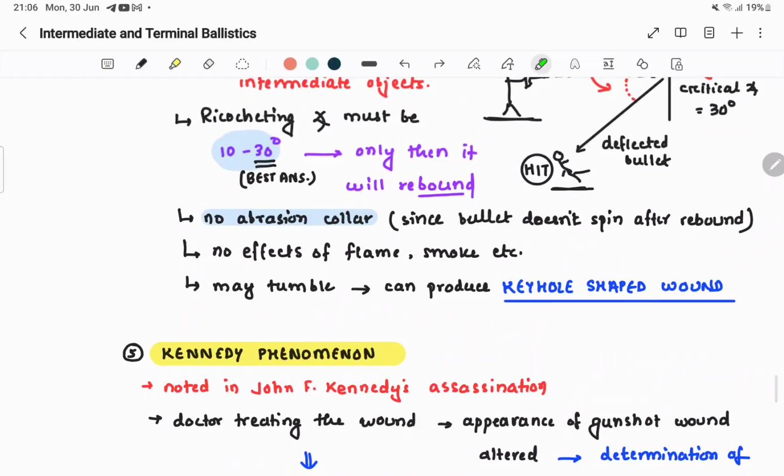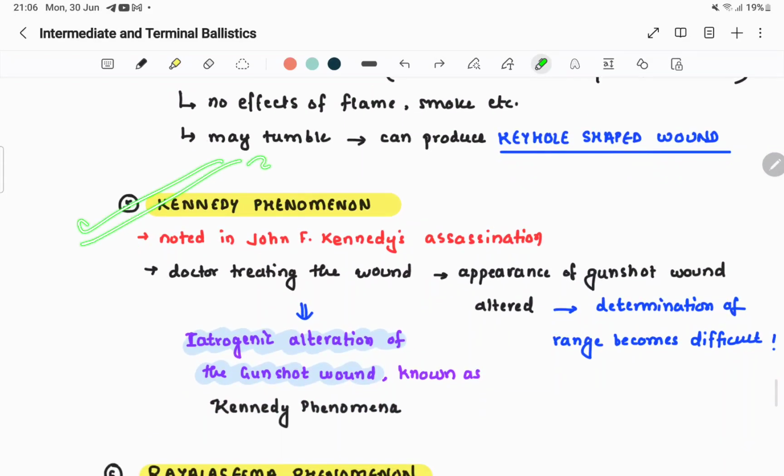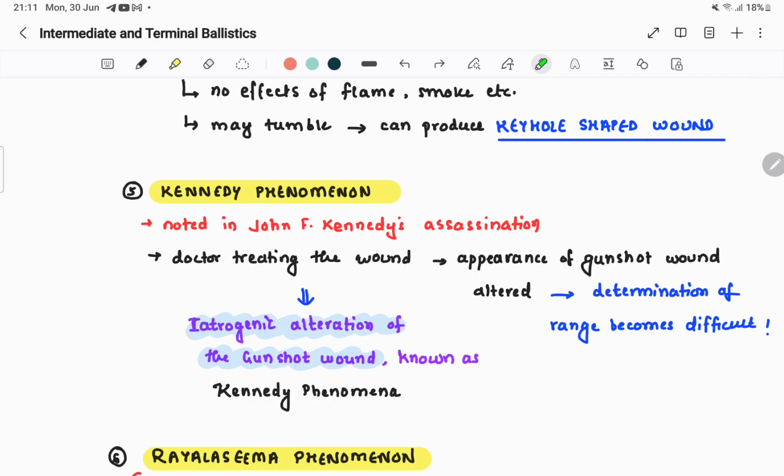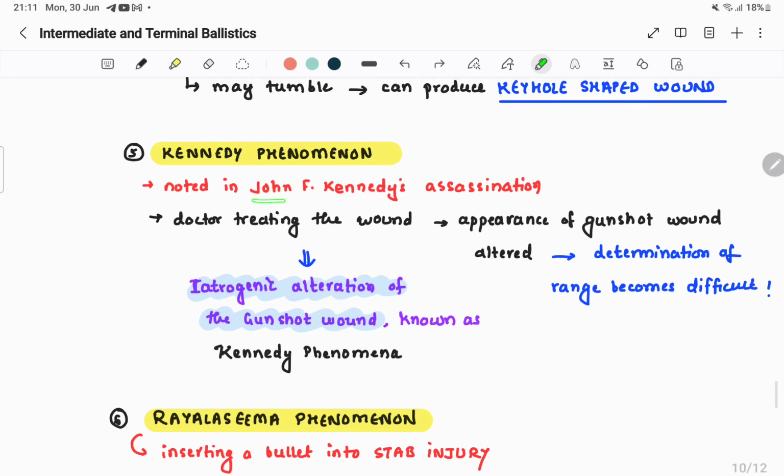This is done. Then another thing is the Kennedy phenomenon. The Kennedy phenomenon is noted in the John F. Kennedy assassination. Doctor treating the wound, basically what he did is